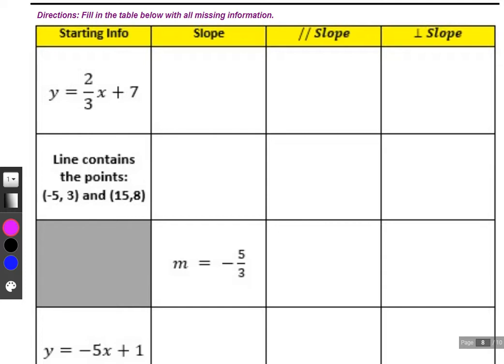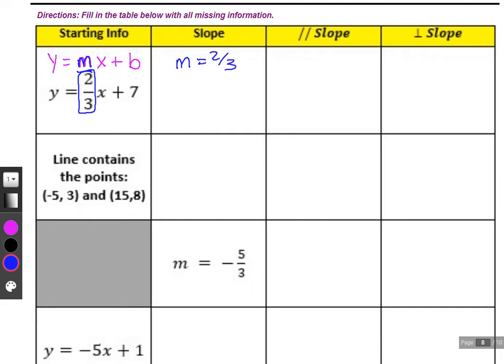So first we're given, as starting information, an equation. Let's recognize this equation as our basic y equals mx plus b equation, where the m informs the slope, which tells us our slope is going to be 2/3. And our y-intercept is going to be +7, although that's not going to matter. The y-intercept from the original equation is not a useful number to us. All we're really trying to rip out is the slope. Okay? So once we have the slope, so m is established to be 2/3,